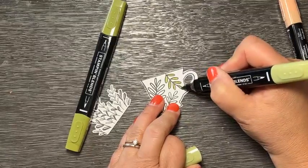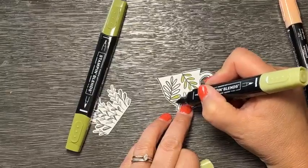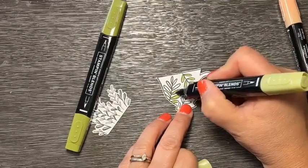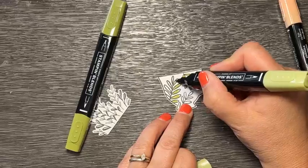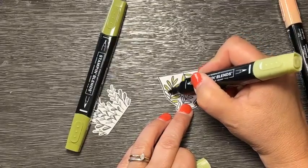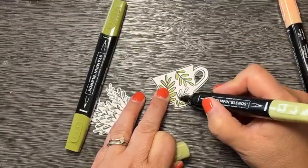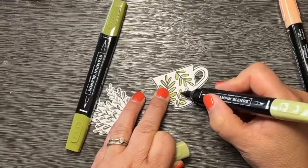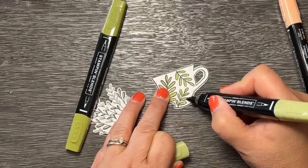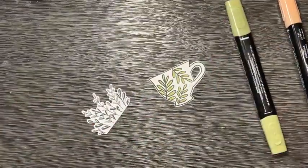So I have already stamped this image from the Cup of Tea stamp set, and I cut it out with the die. And I thought this would be kind of fun to color and try to make it look like fall. So I am using Old Olive to color those leaves. So I've done the first pass, hey Julie,